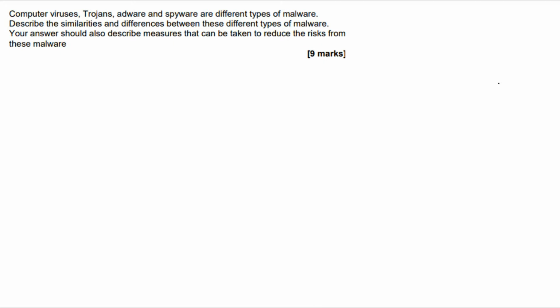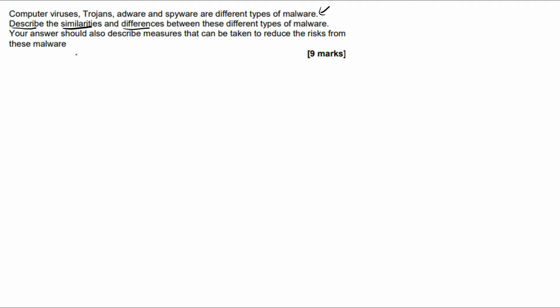We're now looking at 3612, which is all to do with malicious code. And the question is, computer viruses, trojans, adware and spyware are different types of malware, which means malicious software. Describe the similarities and differences between these different types of malware. Your answer should also describe the measures that can be taken to reduce the risk from